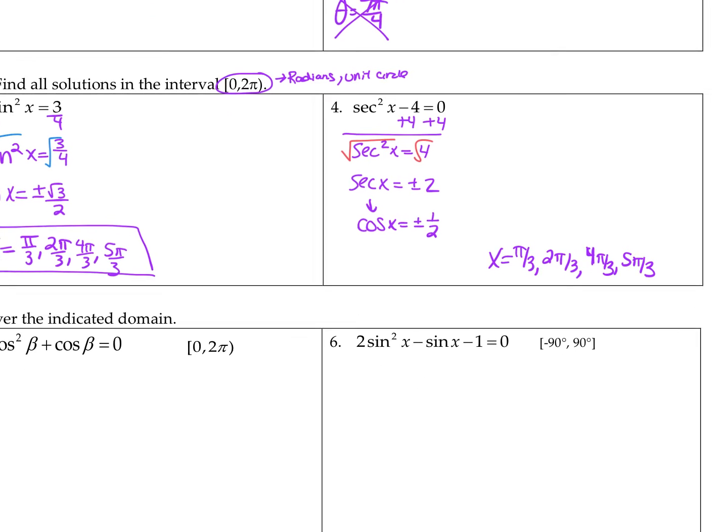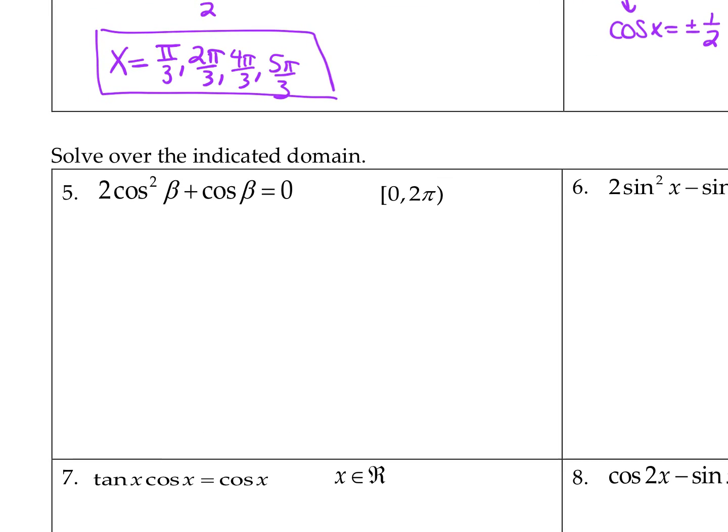All right, in this next section, it says pay attention to the indicated domain. So in this first example, we're still solving from 0 to 2 pi. So if I look at this, I have 2 cosine squared plus cosine. So I'm going to factor out a GCF of cosine, so I'll be left with 2 cosine plus 1. Now once it's factored, we can set each of our factors equal to 0